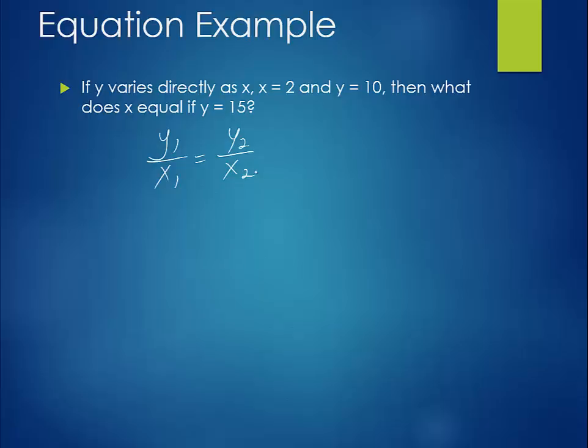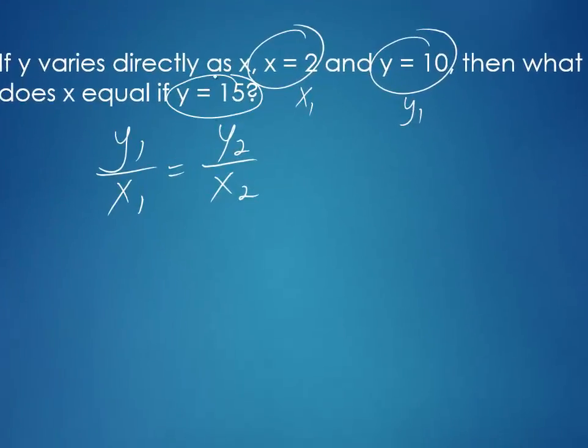So let's go ahead and decide what x1, y1, y2, and x2 are. Our first x would just be x1. Our first y would be y1. And then we have a second y that we're given, so that would be y2. So go ahead and plug in the values that we have. We have y1 equal to 10, so we'll put in 10 divided by x1, which is 2,